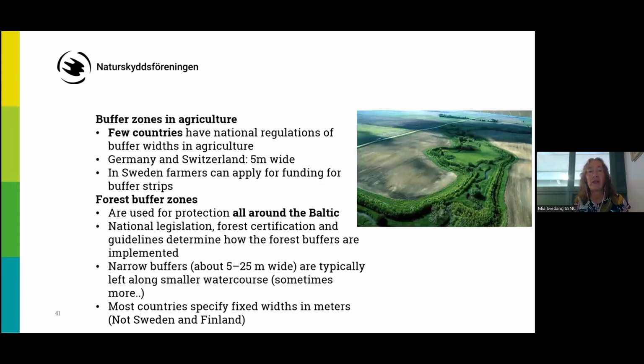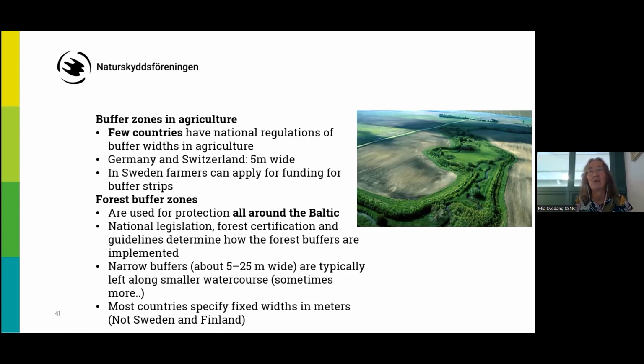In agriculture, there are a few countries that have national regulations of buffer widths, but it's used, of course, but we have not had very many regulations of it. In Germany and Switzerland, they require a 5 meter wide buffer zone, and in Sweden, for instance, there are no requirements, but farmers can apply for funding for having buffer strips. So if you have a buffer strip, you can get funding for it